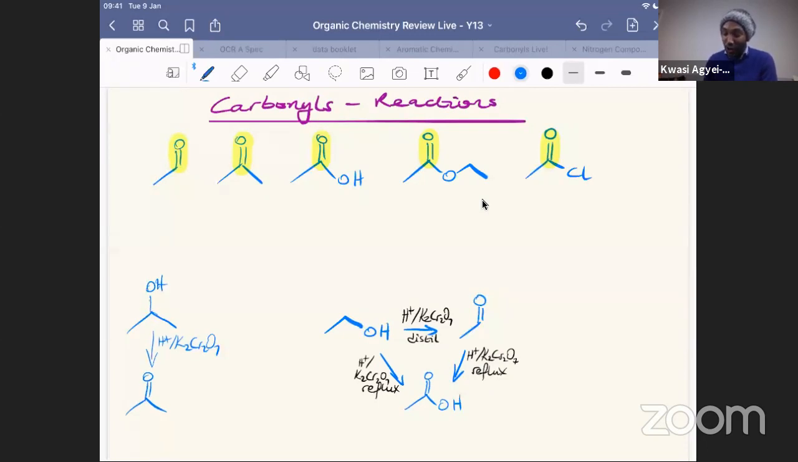Let's look at how you can go from your carboxylic acid to an ester, for instance. So if you wanted to make an ester, let's say ethyl ethanoate, you would need to react your carboxylic acid with some ethanol, and you would need an acid catalyst to give you your ester. As well as forming the ester, it's a condensation reaction, remember, so you will form a molecule